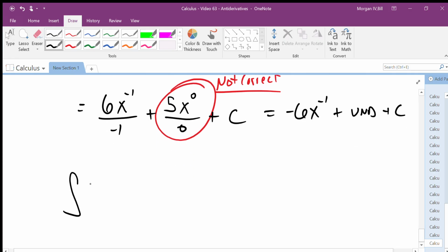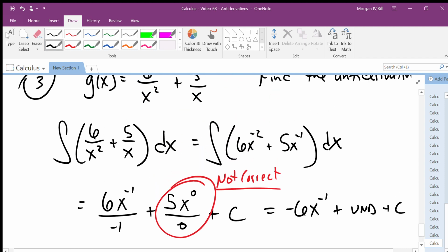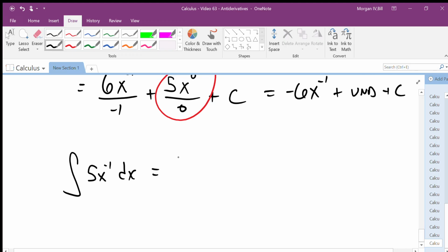The integral of 5x to the -1 dx. Let me rerun it back to where it started from. This started from 5 over x. This is the integral of 5 over x dx. And so we can't use the power rule here, but let's just think about where this may have come from. What function, if I took the derivative of it, would give me 5 over x? Well, remember,